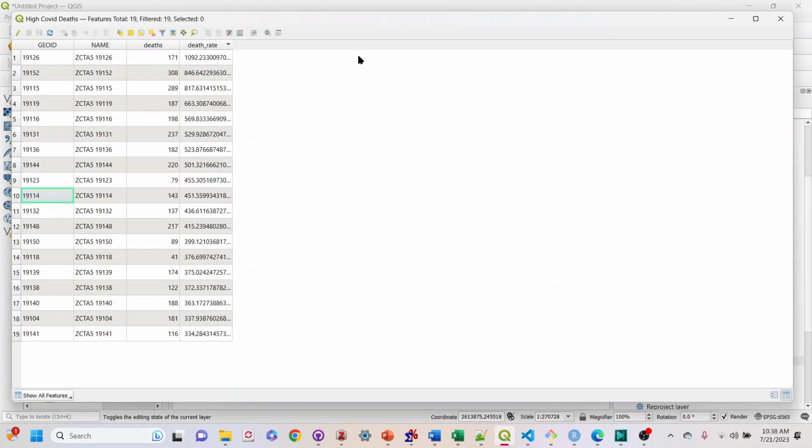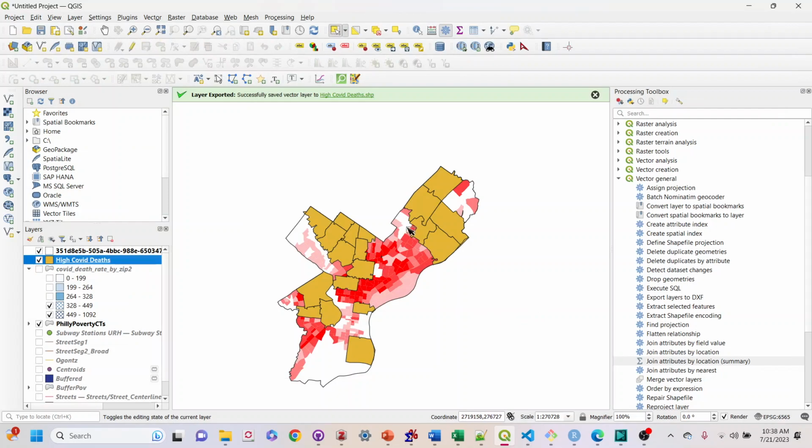Okay? And let's see, how many features do I have here? 19. Okay. So if I had said 7 of them were high, I would have done 7 divided by 19 times 100, and there's my percentage of zip codes that are high COVID death zip codes that are also high poverty. But here we're going to do it a little more scientifically,